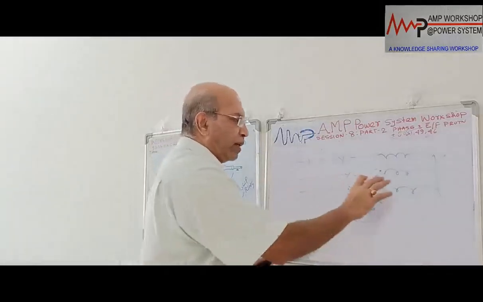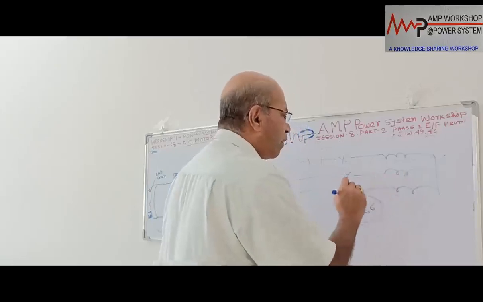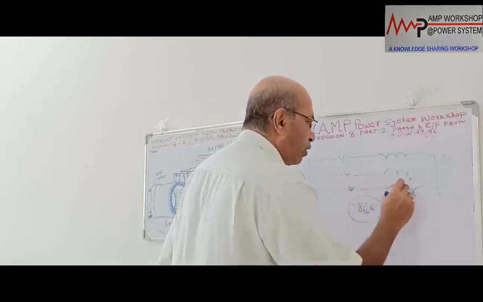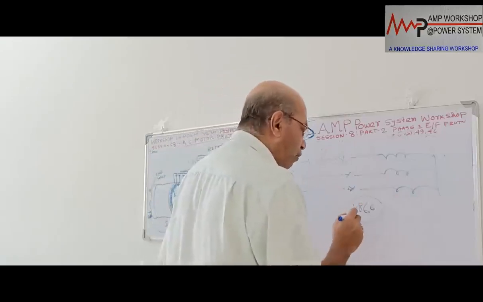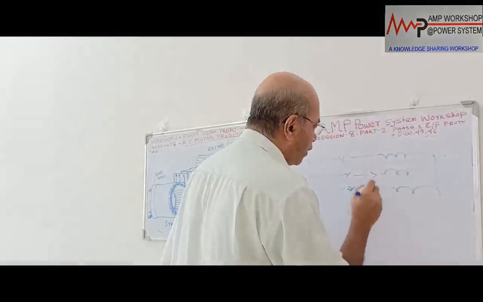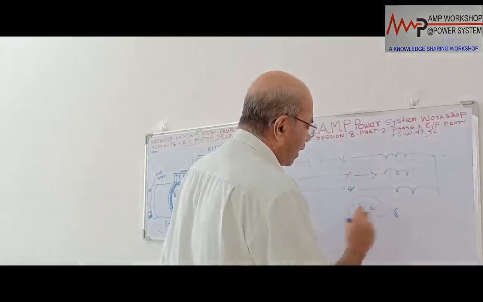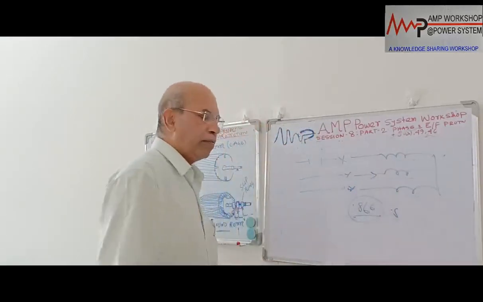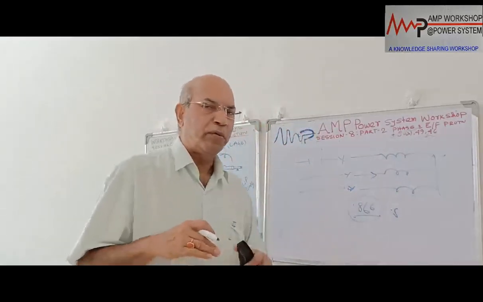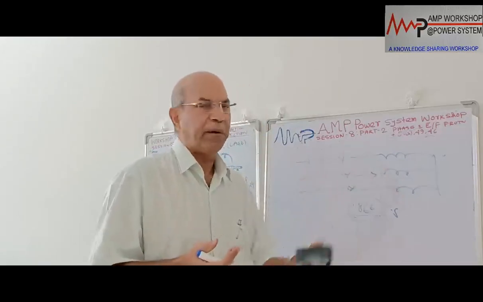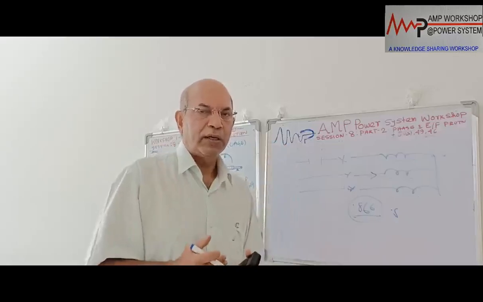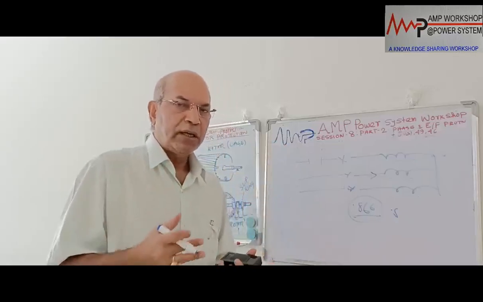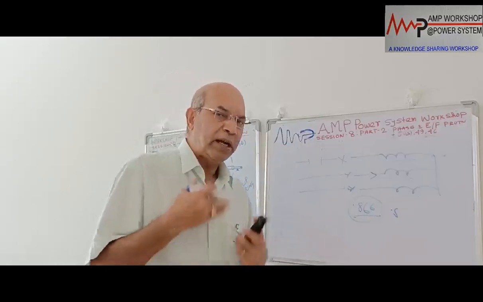In that case, one of the phases gets open, or it becomes single phasing. The 2 phases are healthy. The motor will draw current from these 2 phases, and the motor current will go up to a multiple of the previous current, about 0.866 times. Current of this magnitude can flow, and with that the motor will not be able to provide the required torque to run the pump or the load. In that case the load will come to a standstill. So that is also a locked rotor condition. This type of locked rotor is a locked rotor condition during running.